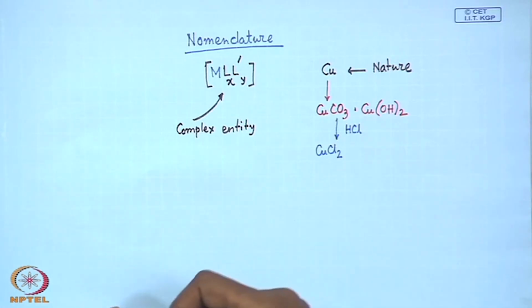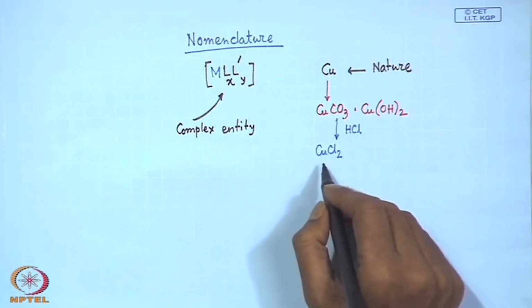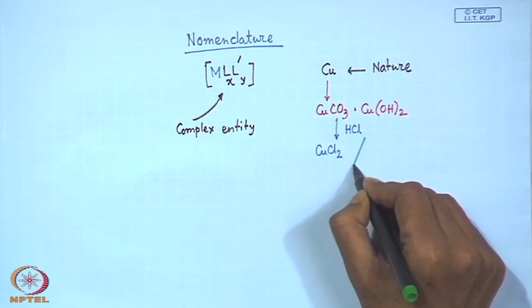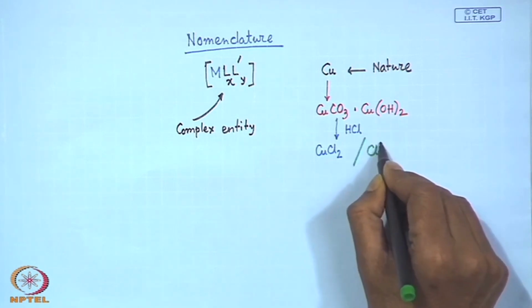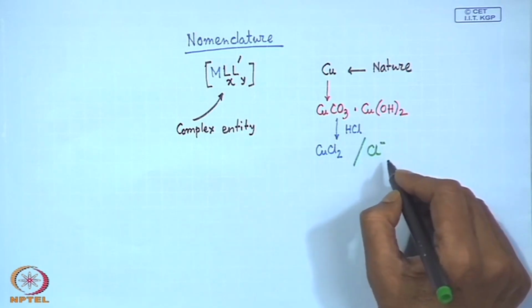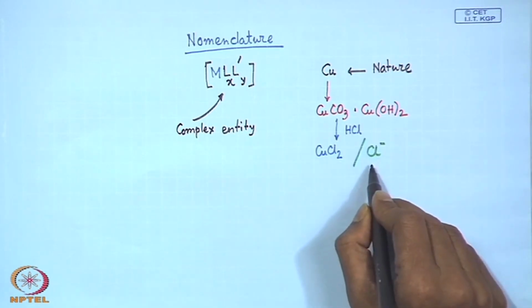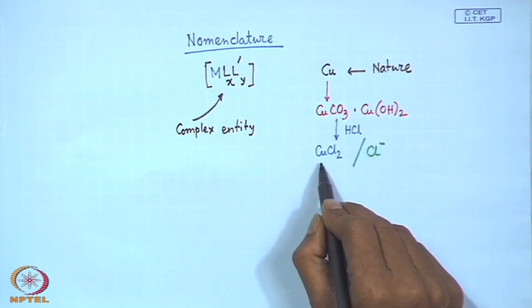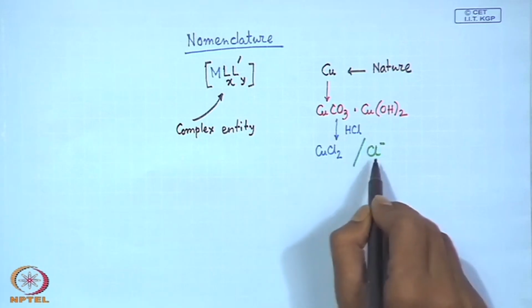So, what we see that copper chloride, so long it is in the salt structure and we are not getting this as the corresponding interactions, we do not have any idea about whether the Cl minus groups, these Cl minus groups are the most important monodentate ligand system which is also charged. So, this can go and bind to the copper and giving rise to a corresponding copper chlorine bond, but in